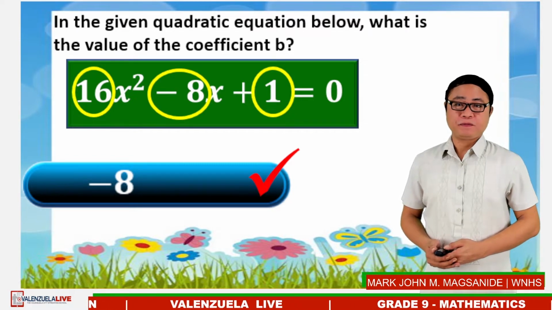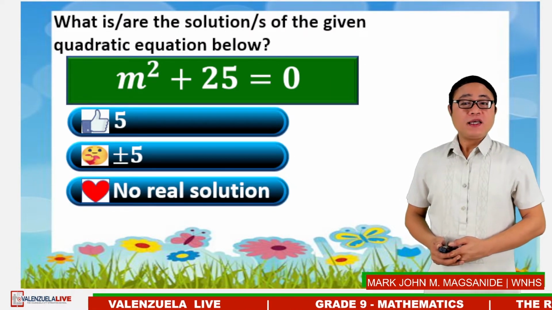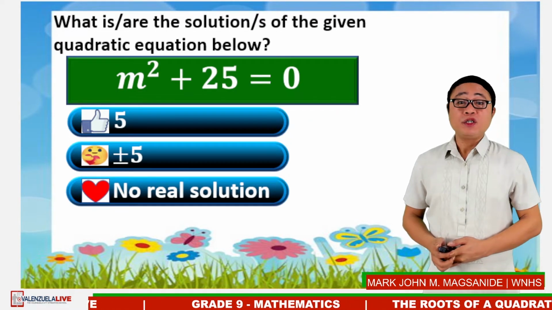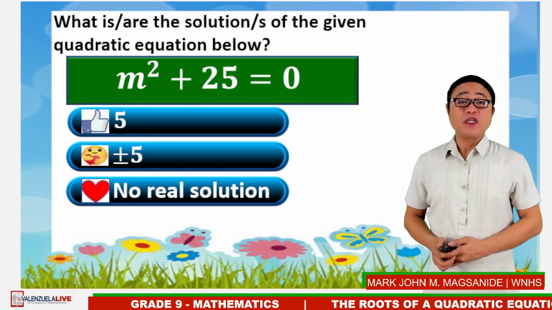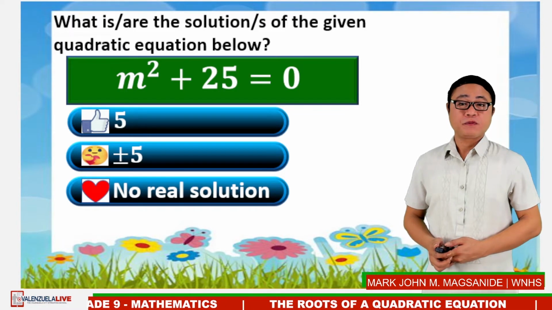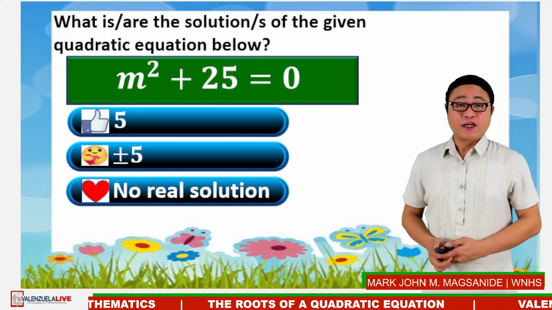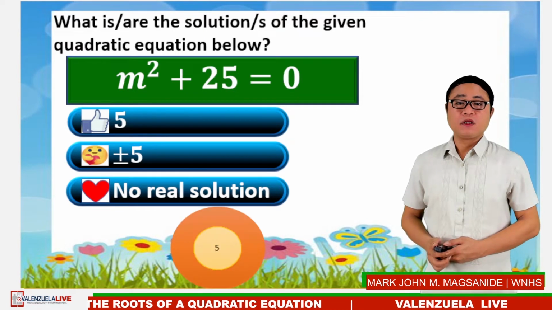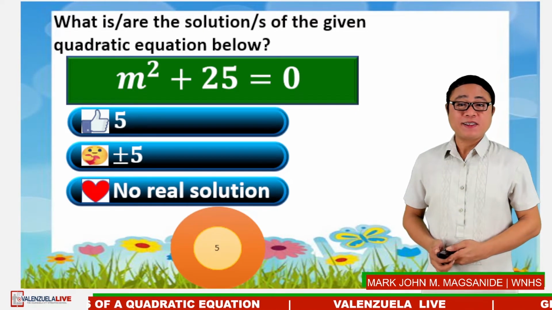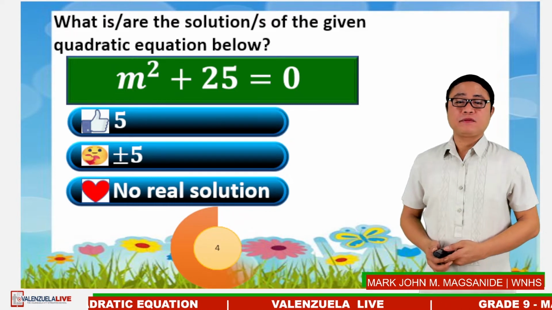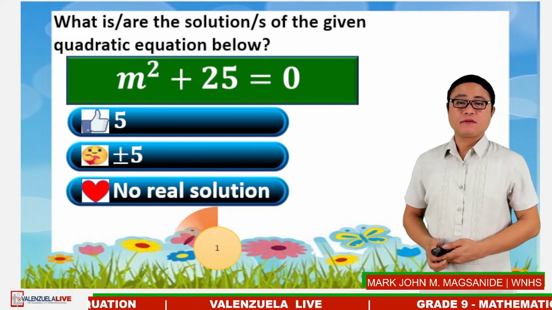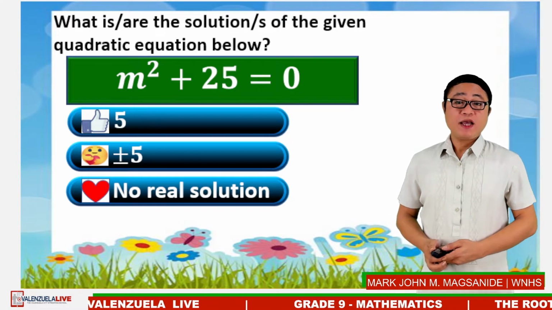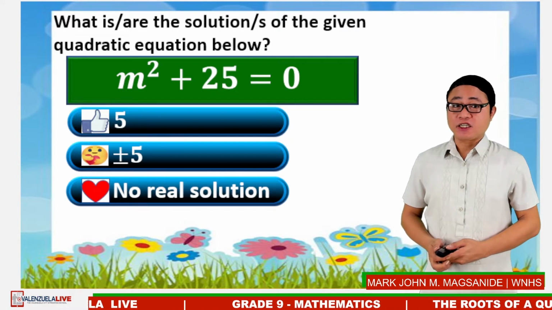Number 3. What is or are the solution or solutions of the given quadratic equation below? Choose the correct answer and type its corresponding reaction. Timer starts now. Time is up. The correct reaction is